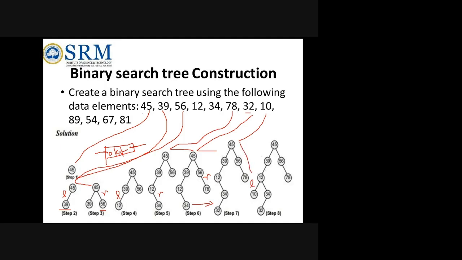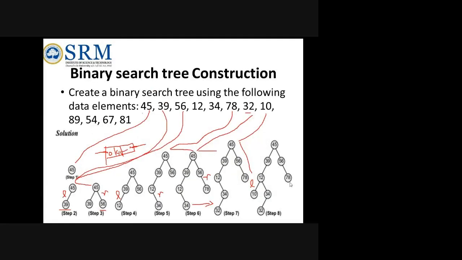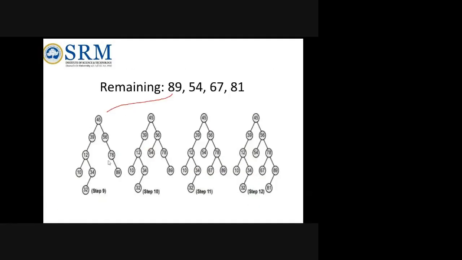Okay. Now compare 89. 89 will be compared with 45 now. 45, then 89 is greater, so it will come to 56. Again it is greater. 89 is greater, it will come to 78. Now it is greater only. So 78 in your previous step, you can see there is no right node. Null it was. So now it is replaced with the 89 address. So that is what is given out here. So here in the right side, it will be placed.